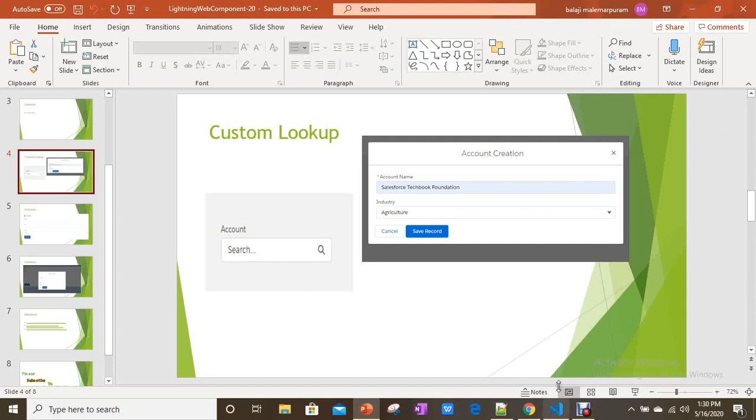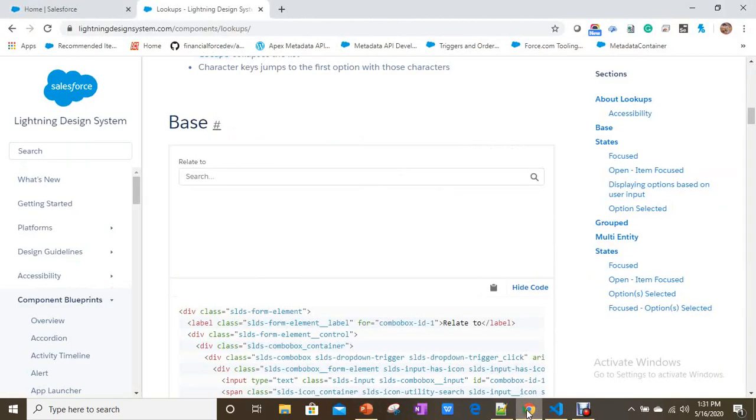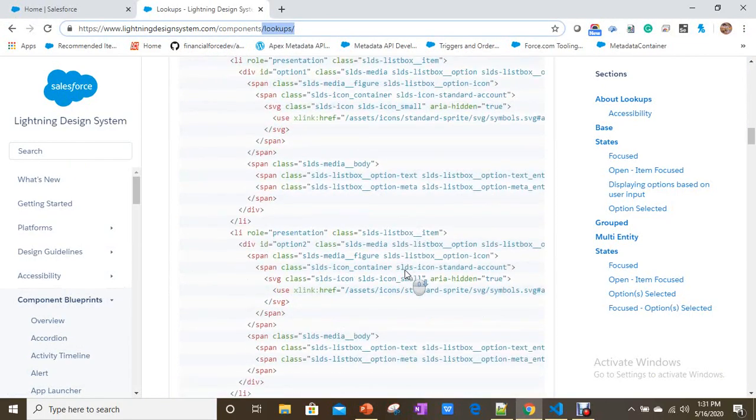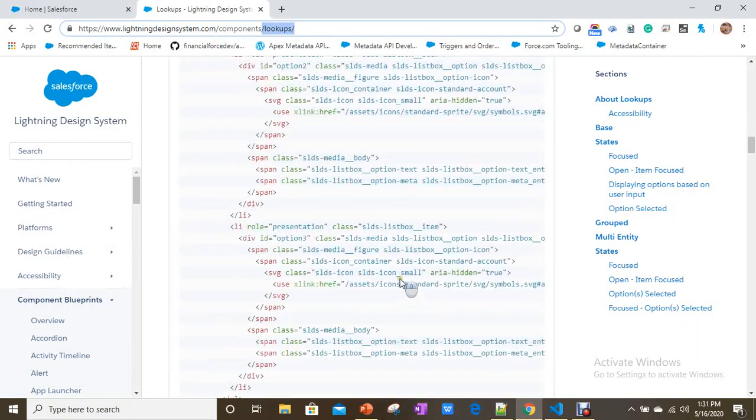So let's see. You would have to use a lot of CSS to get this design and modal pop-up and all, right? But you don't need to do anything. You just need to go through the Lightning Design System. Here you have lookups under component blueprints. You can have any design whatever you need.